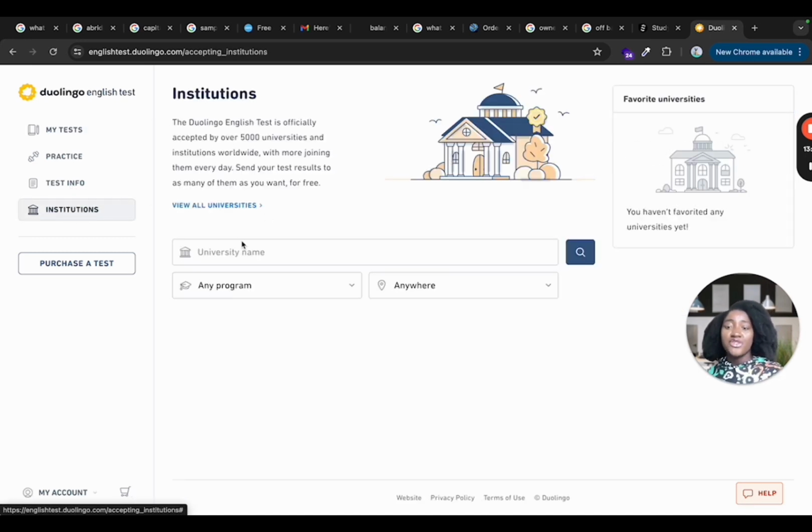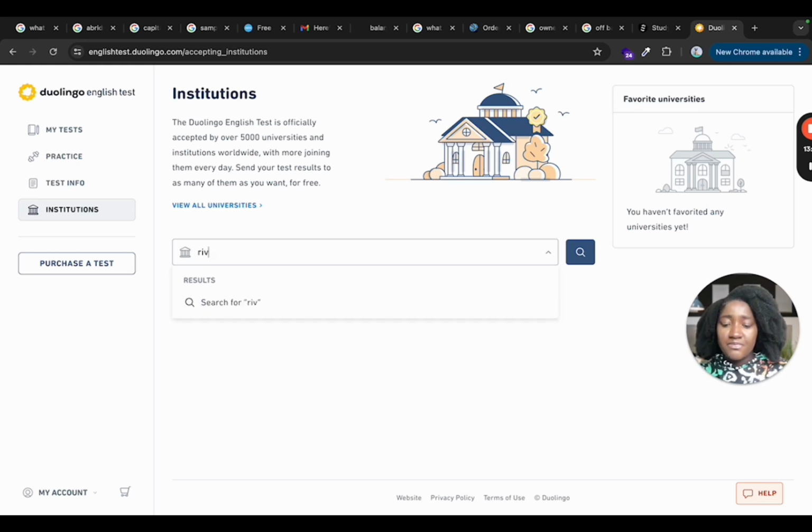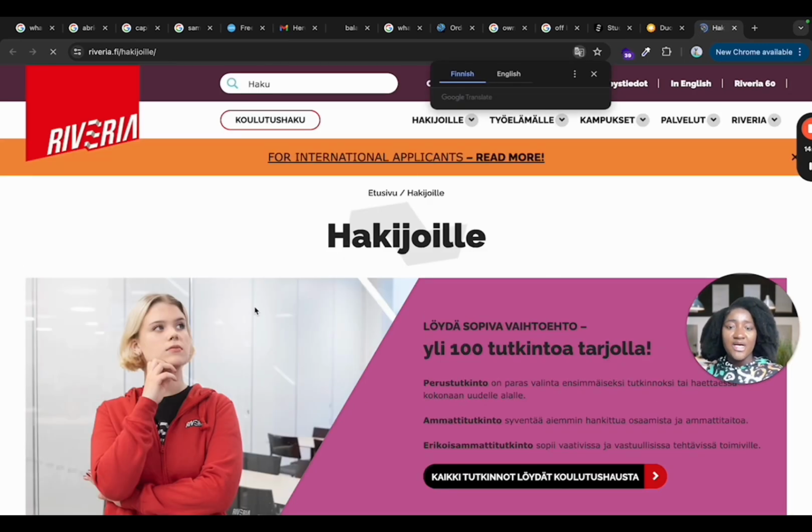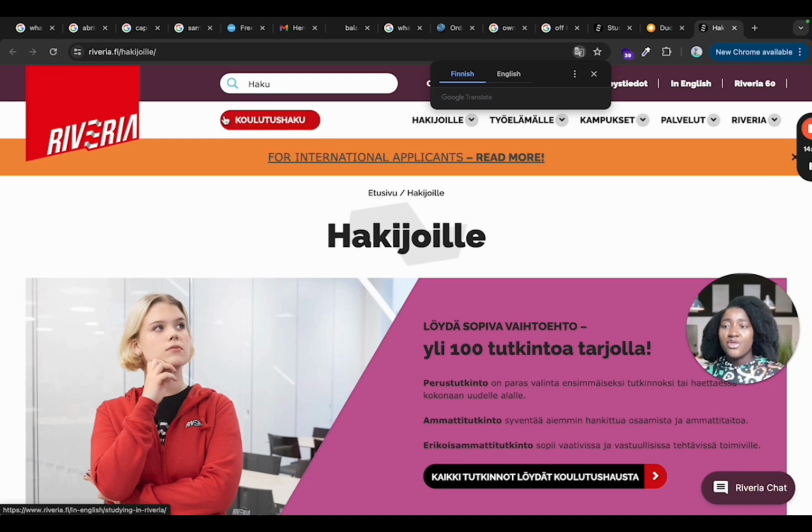You click on institution just to be sure that Bavaria accepts the Duolingo English test. You just type Bavaria, and then you will see Northern Karelia Association of Education Municipalities, Bavaria, Finland. So you are certain that this institution accepts the Duolingo English test. If you want to be very sure, you can click on it, and it will take you to the Bavaria website. Then you are double sure. So we'll go back